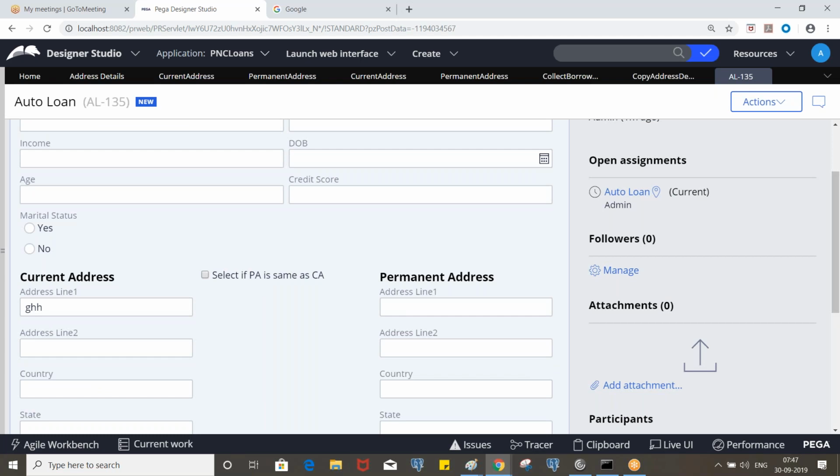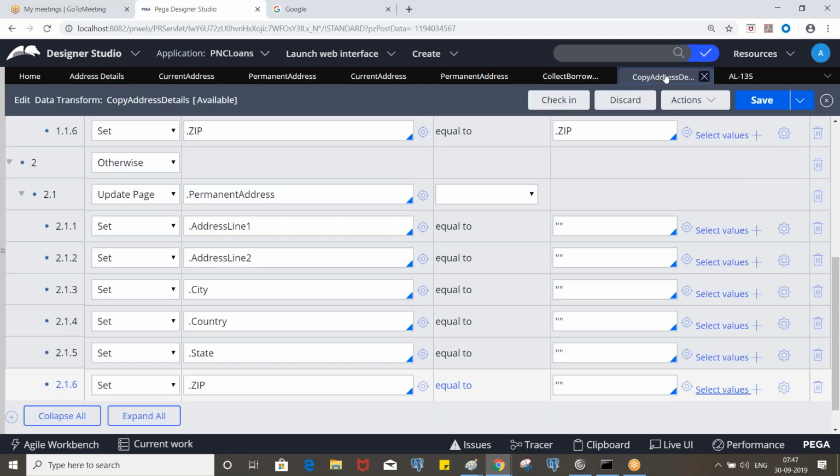So when you deselect the checkbox, it gets removed, and if you select this checkbox, it's copied. So you can do it this way also. Or without using the update page action directly, you put set and put permanent address dot address line 1, permanent address dot address line 2. That will also work. Okay.